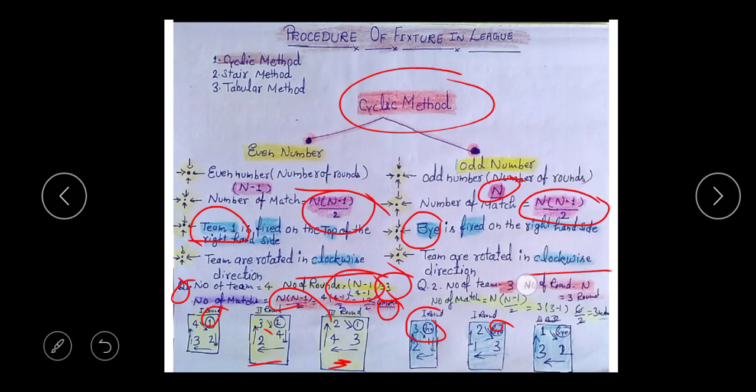Number 2, the total number of teams is 3. Clear? The number of rounds is n. For the odd number, n means the total number of teams represents the total number of rounds. Clear? Again the same formula is used. So how many matches are there? 3 matches. 3 rounds, 3 matches. The bye will not be counted. By 3, 2 and 1, each and everyone gets the bye also.